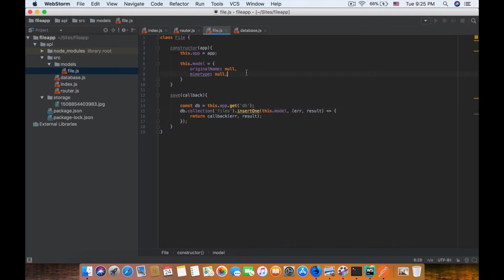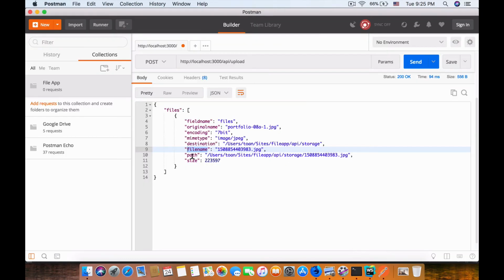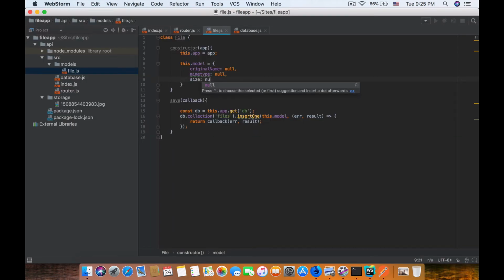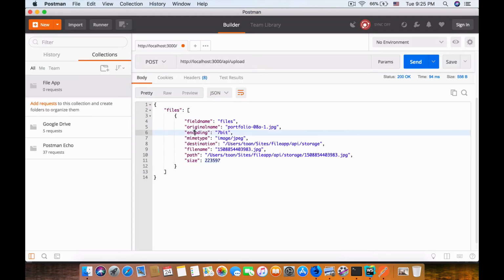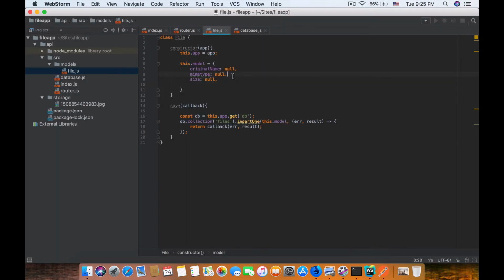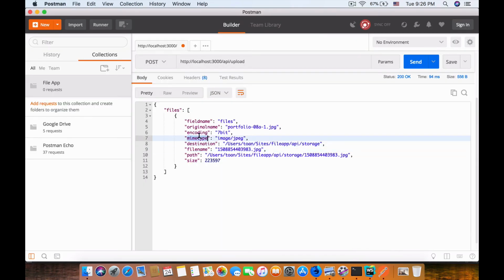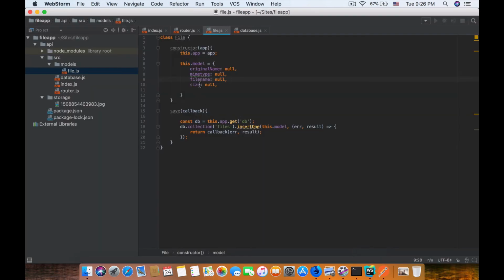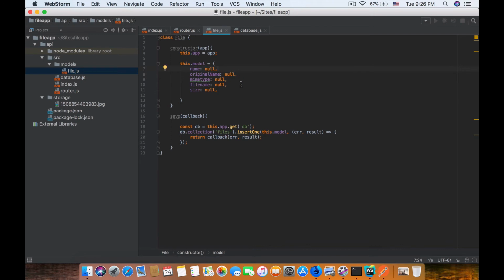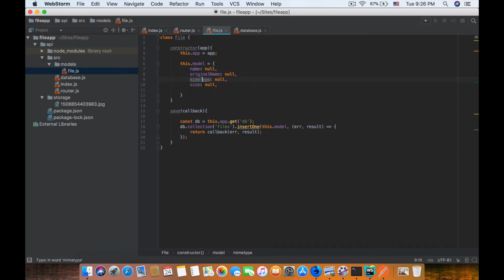This model my type. Okay, and size. Alright. And my type, that's in file name. We do have file name. Alright, destination, we don't need destination. Original name and file name is actually file name. So original name, and I think it should have name. And original, we don't need file name. My type, original name. Okay, so and created